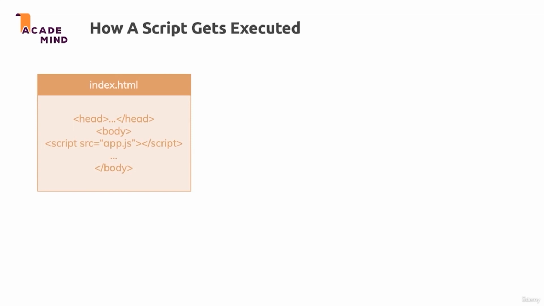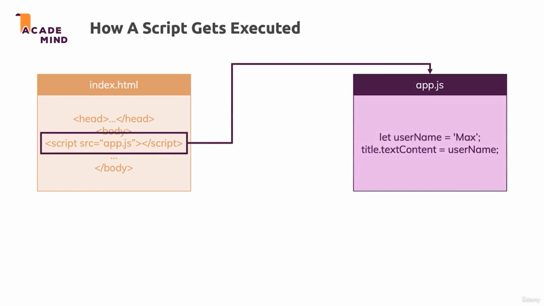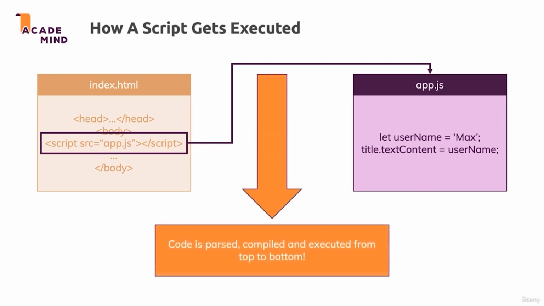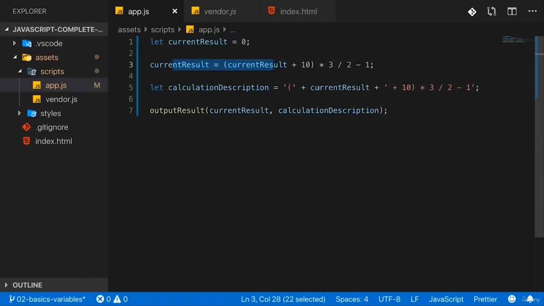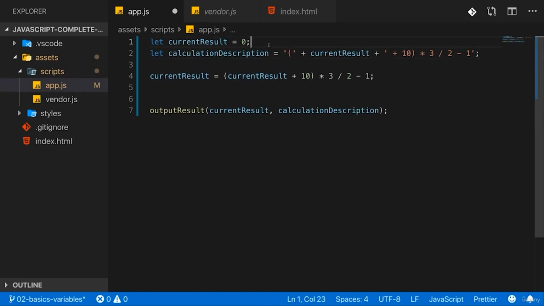Your JavaScript code gets executed from top to bottom. Actually, your HTML file gets parsed from top to bottom by the browser. And if you then import some JavaScript in there, well, that file gets evaluated and executed by the browser. And the code in there also gets executed from top to bottom. And that's default JavaScript behavior. And hence, of course, if you do something in this line and then you use it in the line thereafter, you get the result from this line and not the result from the first line. It would be pretty bad if that would be the case, because then you could never do anything in your code. So to print 0 here, we would either have to do this before we execute this line,